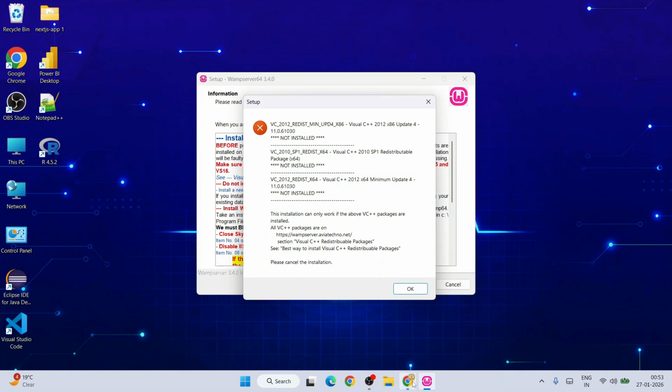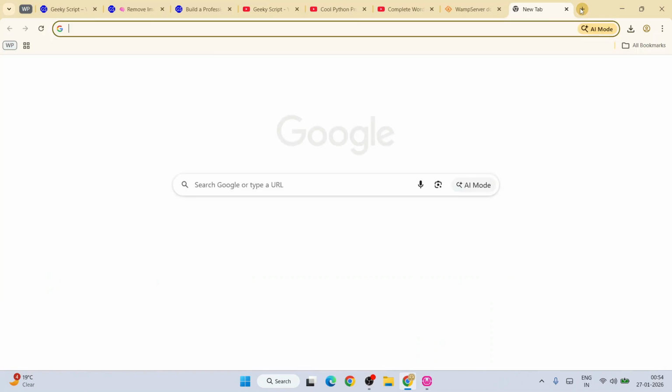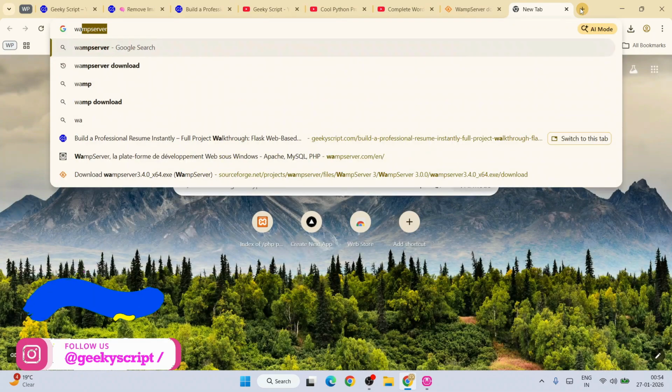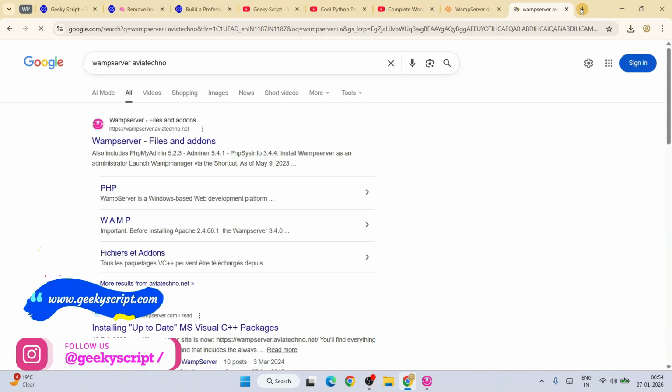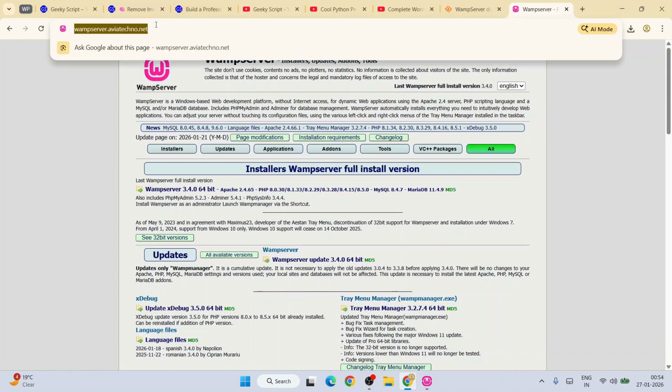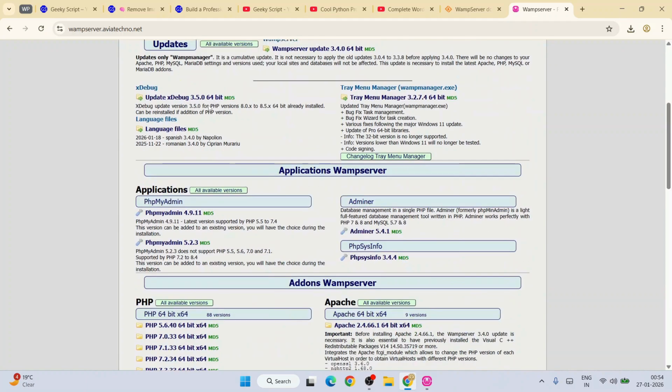So first you need to go to the browser, open a new tab and simply type WAMP Server Aviatechno, hit enter. That will give you this link. Go to that link. Again, I'm going to provide this link in our video description. Once you are here, you have to scroll down